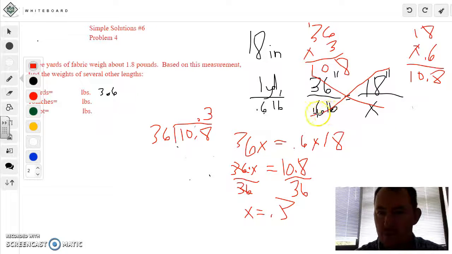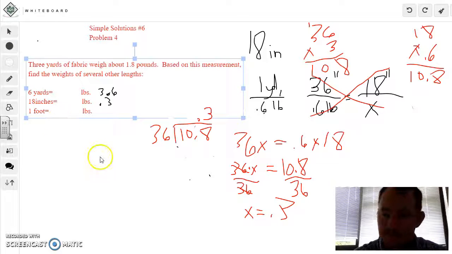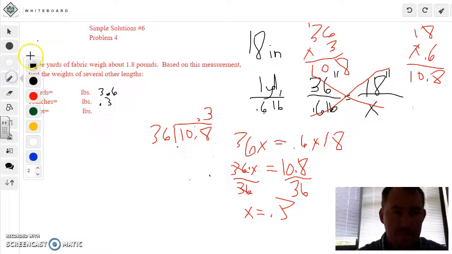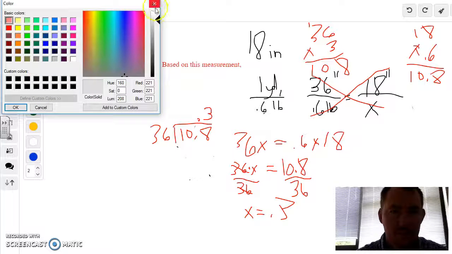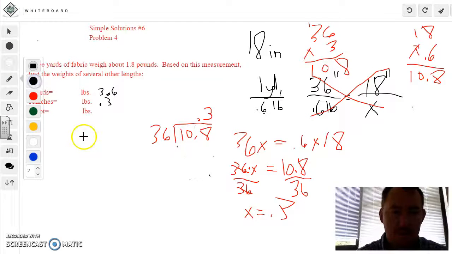So we were looking for how many pounds in 18 inches of fabric. And that would be 3/10 or 0.3 pounds. So we're almost finished. Now that we know what 18 inches equals, if we think about it, we'll know that 1 foot is 12 inches. So we can go ahead and set up another ratio, 18,